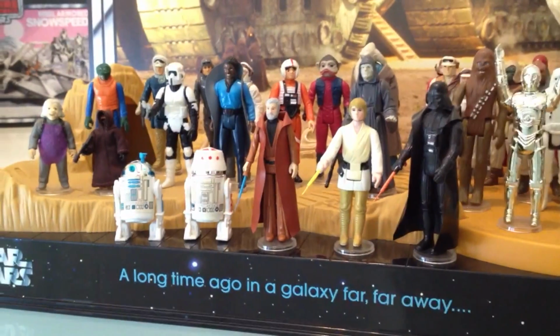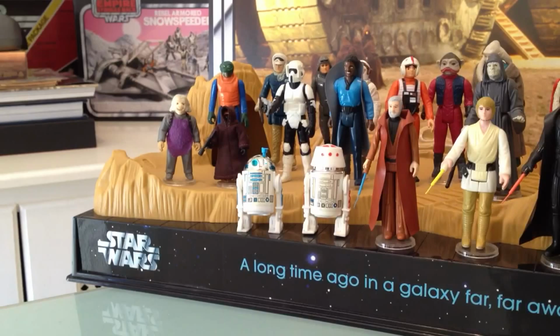Along from him you have a couple of the droids. Maybe an interesting point to note is on the bottom of any R2 unit you'll find the date stamp of '77. For some reason Kenner never changed it. It stayed at '77 throughout the whole production line, through to, I don't know when the last R2 was produced, I suppose around '84. So don't be fooled, because as any of you eagle-eyed amongst you will notice, he's got his sensor scope, which didn't appear until The Empire Strikes Back, so he couldn't be 1977 if you think about it logically. To the side of him